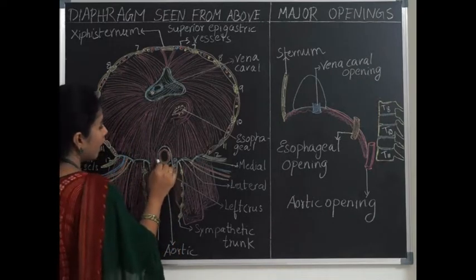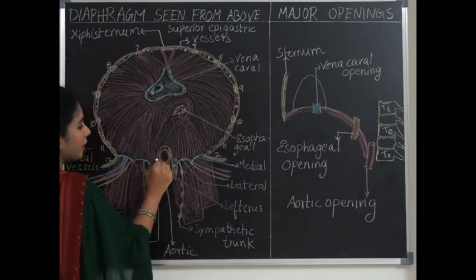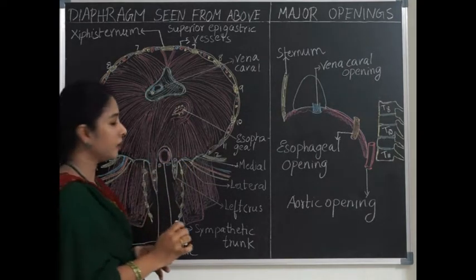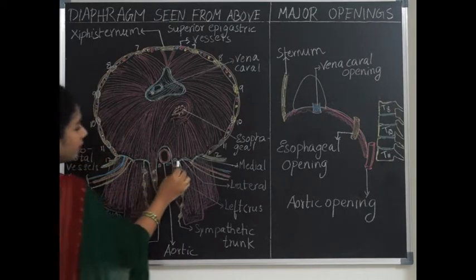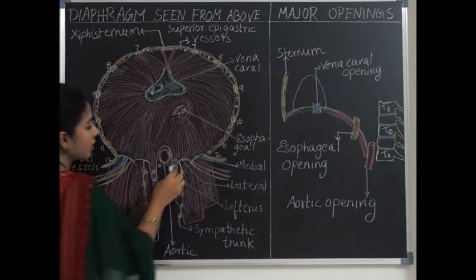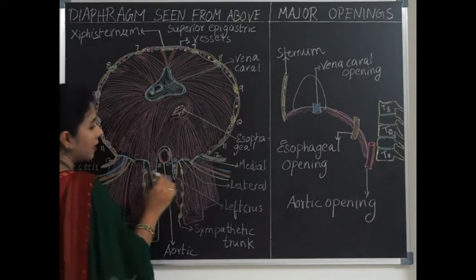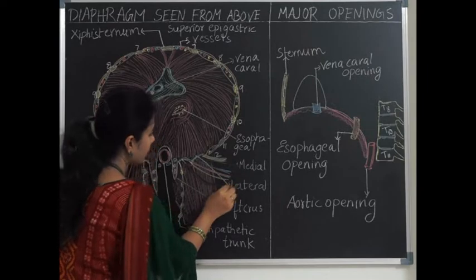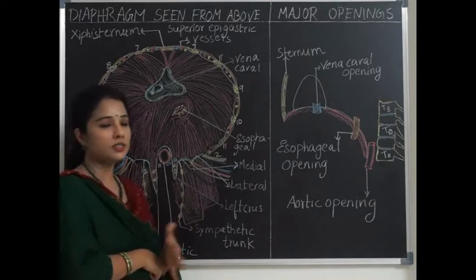These two crura are connected in the midline by a ligament. You can see an arc-like ligament running in front of the aorta. This is called the median arcuate ligament, which connects the right and left crura. Lateral to this, there are two arcuate ligaments called the lumbocostal arches. The one on the medial side is the medial lumbocostal arch, and the lateral one is the lateral lumbocostal arch, also called the arcuate ligaments.